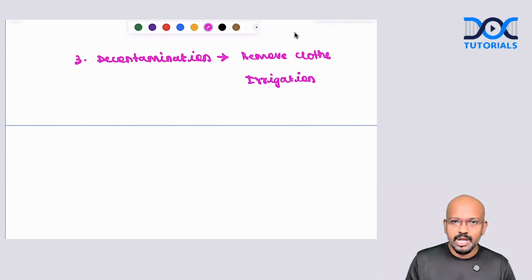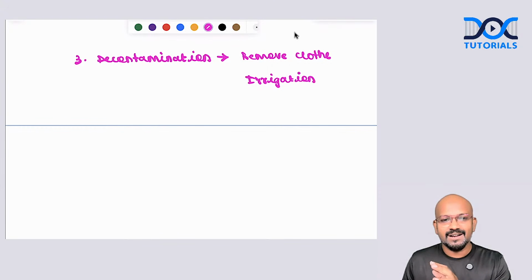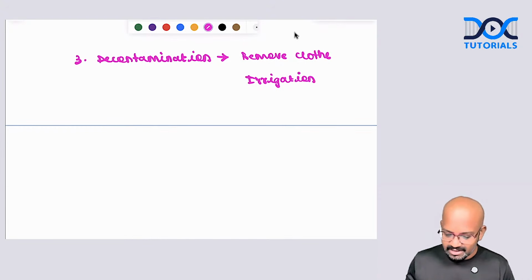If a patient is coming to you and is a female patient, don't immediately ask for this particular strategy. You just have to confirm the diagnosis, and after that you can proceed further. And please make sure you follow all the precautionary measures whenever you're doing any procedures with a female patient. So remove the clothes, and go with vigorous irrigation.